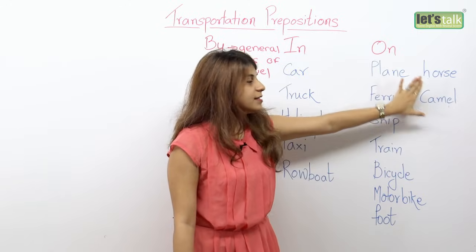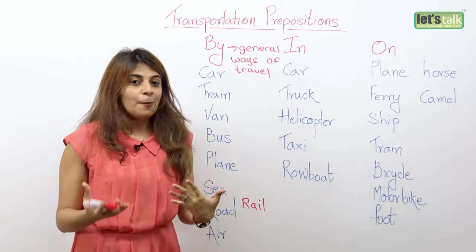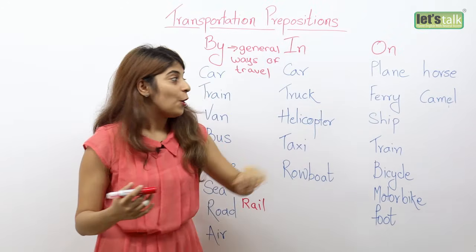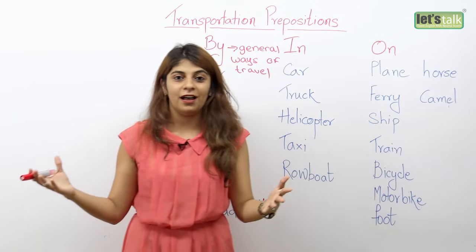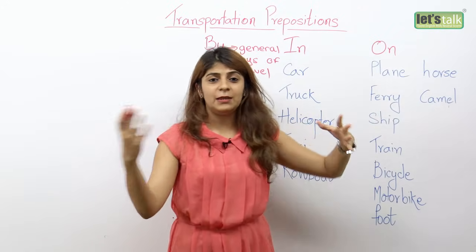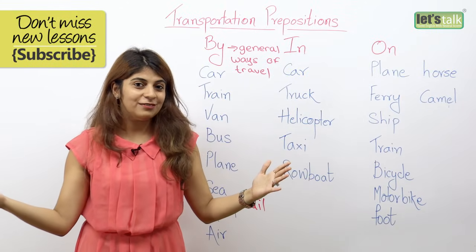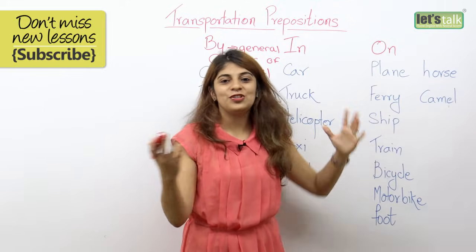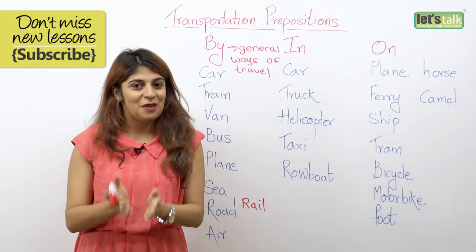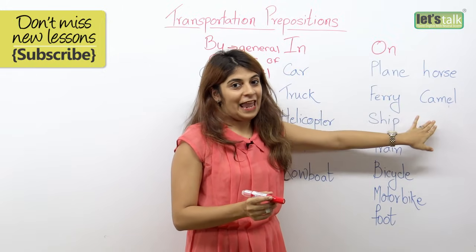And then animals. Now it's not just vehicles. Yes, there are people who also go on a horse or on a camel, like in Dubai. Yeah, we do have camel rides, and at many places we have horse rides to get from one place to the other. Nice. So what would you say when you are on an animal? You are going to use the preposition on. So I'm on a horse, I'm on a camel.